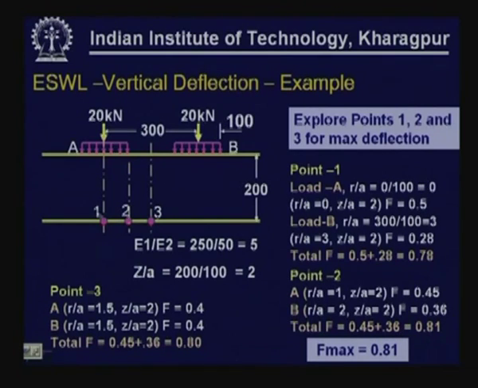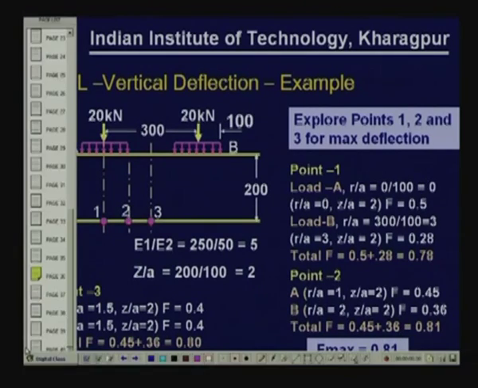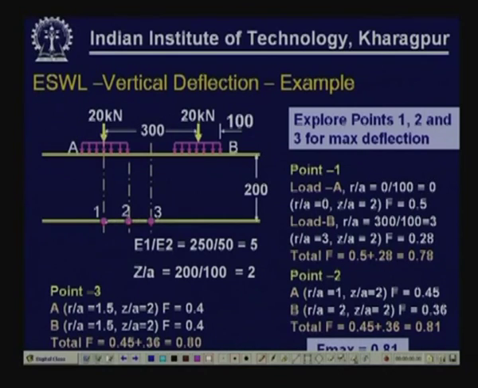For this, how we proceed is, for the given loading system, we explore different locations starting from point 1, point 2, point 3. We can explore more points also. So, find out what is the deflection at this location, what is the deflection at this location, or alternately we will try to find out what is the deflection factor, because once you know deflection factor, PA deflection factor divided by modulus value of the subgrade, other things being constant, deflection is basically a function of F. So, for point 1,